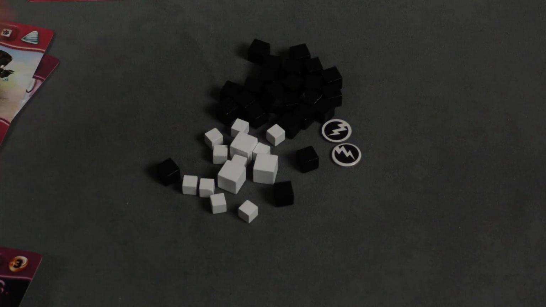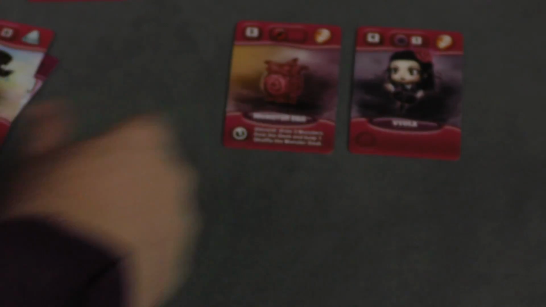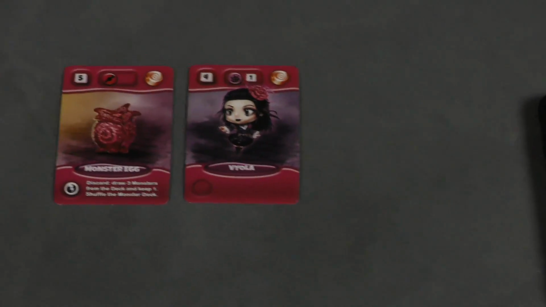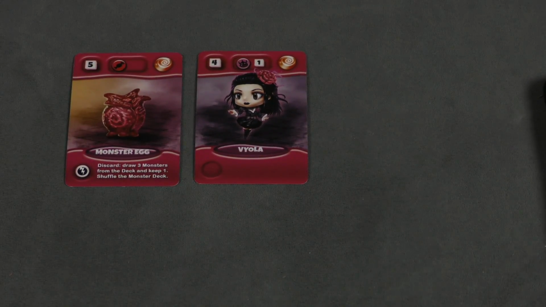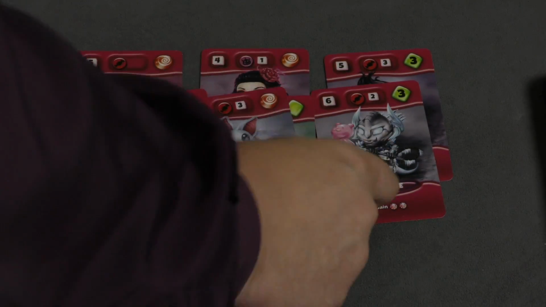Component-wise, we got the white cubes and the black cubes. That's pretty easy in the candy. It's the different artwork on the cards. I think every monster is different. It's kind of weird because they have a little bit of a cuteness to them, but they're also a little creepy. You know, I played this with my kids, and